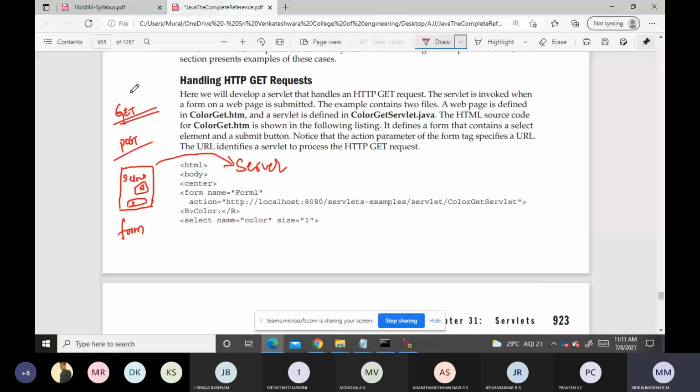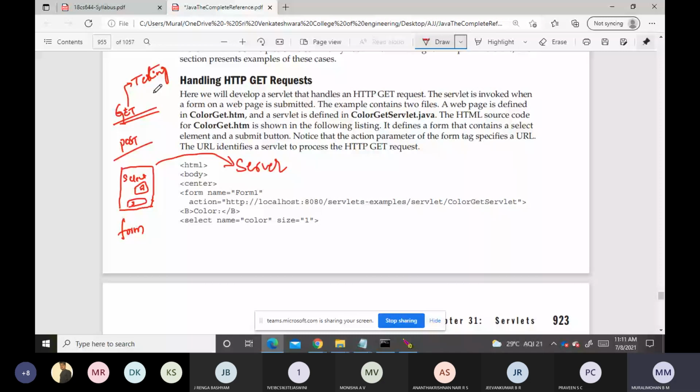The get method we can use for testing purposes. If we have any sensitive data in our form, that data will be embedded along with the URL.